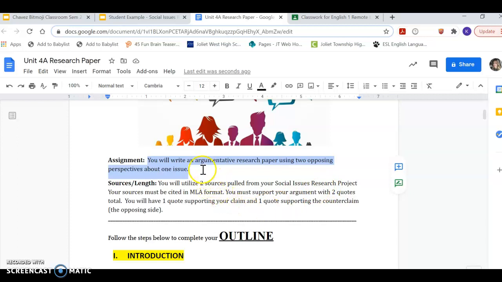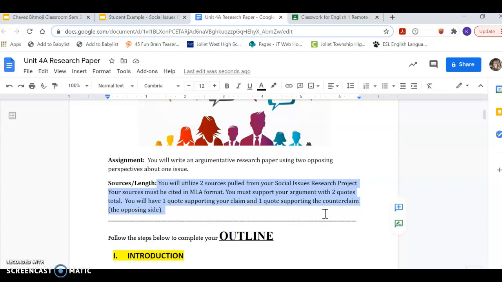You already have your issue. You decided on that on Friday when you completed your final topic proposal. So that's the issue that you are using for this outline. You will utilize two sources pulled from your social issues project. Those two sources were the articles that you pulled from Google Classroom. One article was pro the topic and the other article was against the topic. You will use one quote supporting your claim and one quote supporting your counterclaim, and then they must be cited in